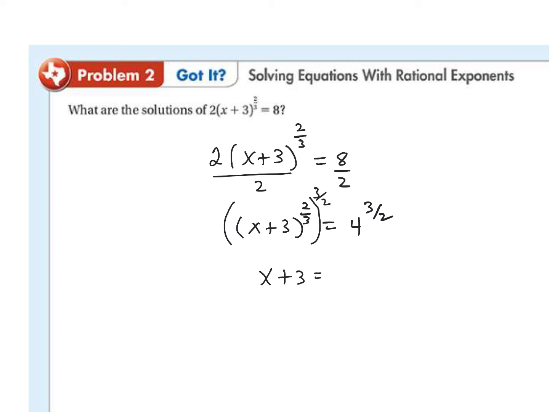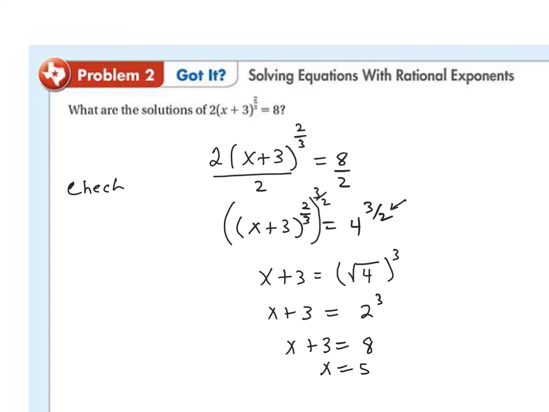And 4, the square root of 4, since that's the root, it's going to be like this, isn't it? Square root of 4 raised to the third power. So you have x plus 3 equals the square root of 4 is 2, 2 to the third. So you have x plus 3 equals 2 to the third is 8. So x equals 5. And if you wanted to check,